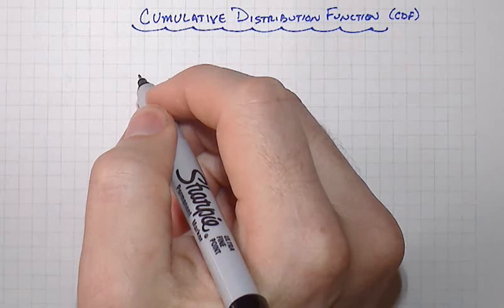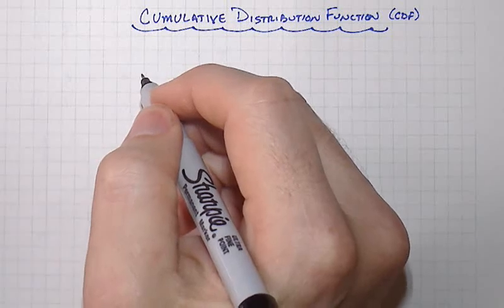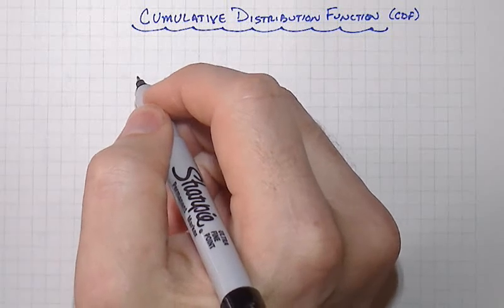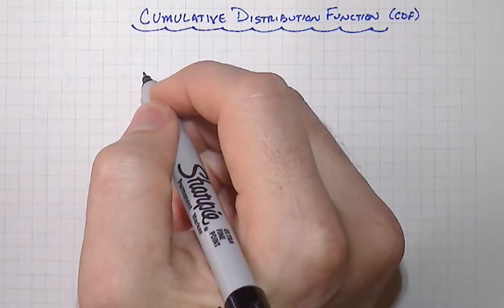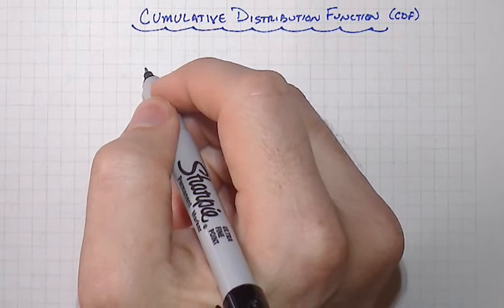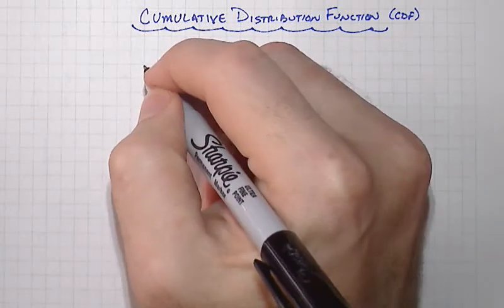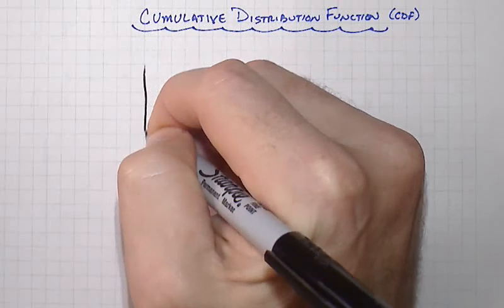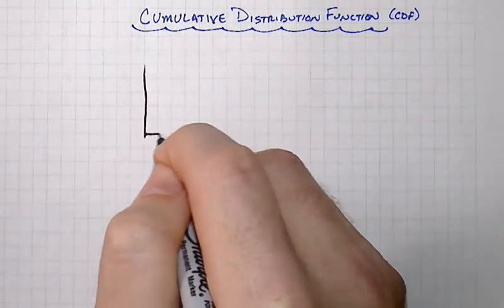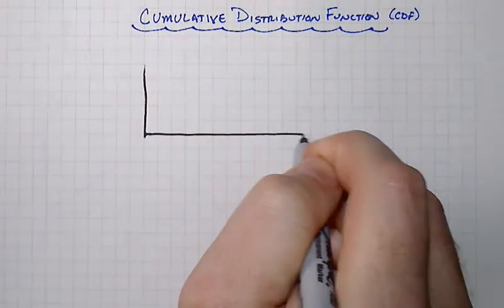You first came across the cumulative distribution function back in the discrete variable module. Here we're going to reintroduce it in the context of continuous variables, and we're going to look at our traffic inter-arrival time example one more time